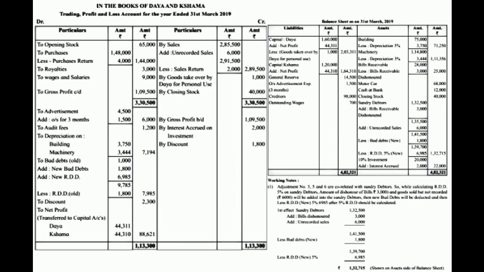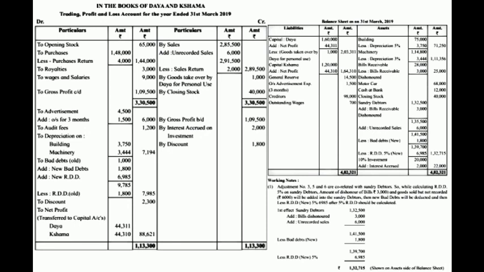Now as an adjustment we have to pass the second effect also. As 1,500 is not yet paid, we have to pay in the future date, and future expense always appears on which side? Liability side. So we can see the second effect in your balance sheet, liability side, outstanding advertisement expense 1,500. So now we have completed all the trial balance entries, all the adjustments, all the hidden adjustments.